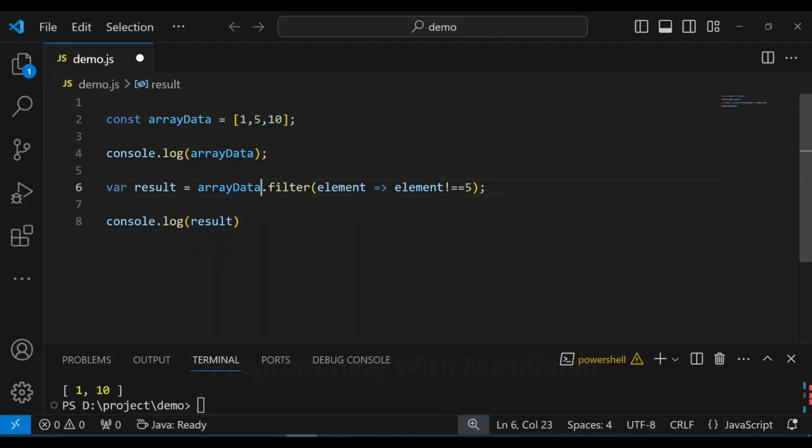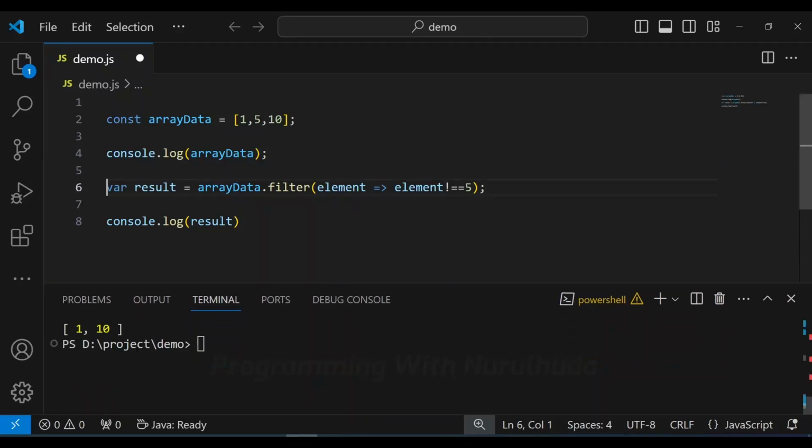So we can see that there is only array data, filter, elements, and the equal-greater sign arrow, and only this code is needed. It is endless code in ECMAScript. Now we can compile and check. Run this JS file